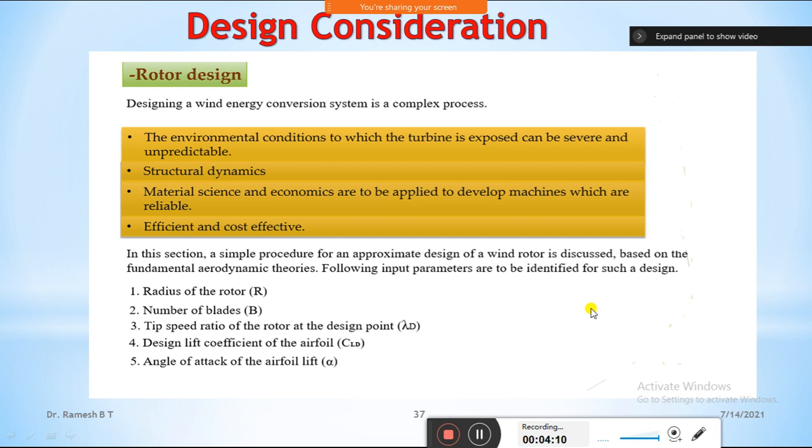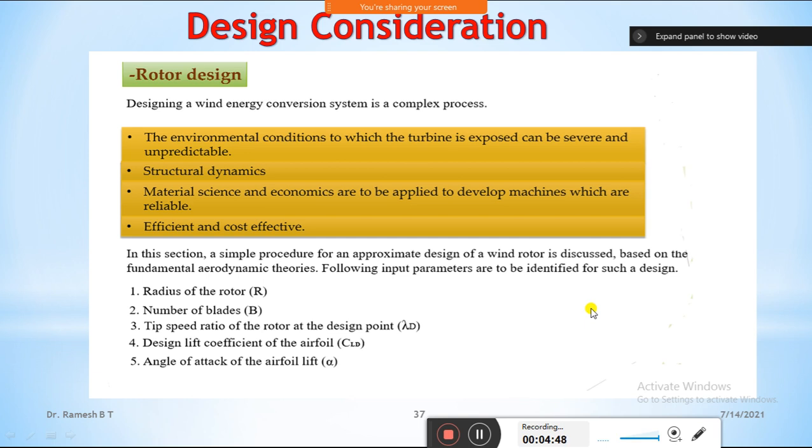In the most common type of machine, the rotor is mounted on a horizontal shaft. That is why we discussed this horizontal shaft, and it is connected to either a generator or mechanical devices, as we already discussed in the parts. The rotor is connected with the horizontal shaft, and the other end of the shaft may connect with the generator or mechanical devices. In turn, they convert the wind energy into mechanical energy through this shaft.